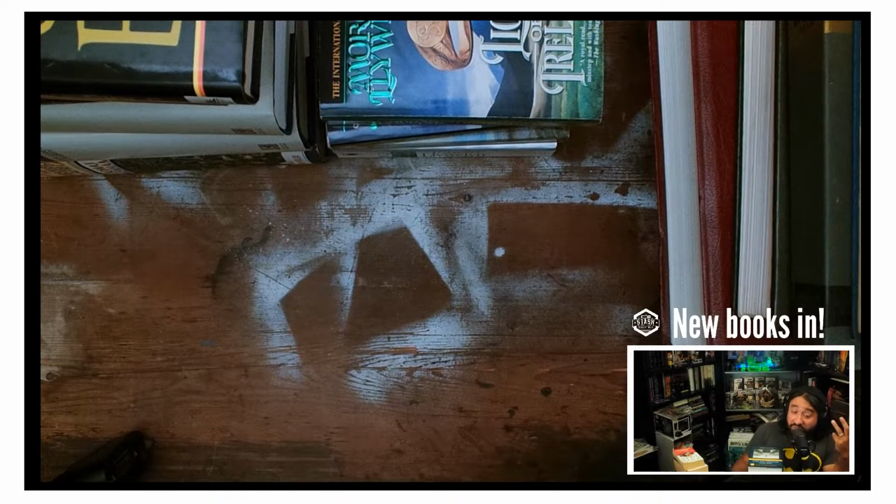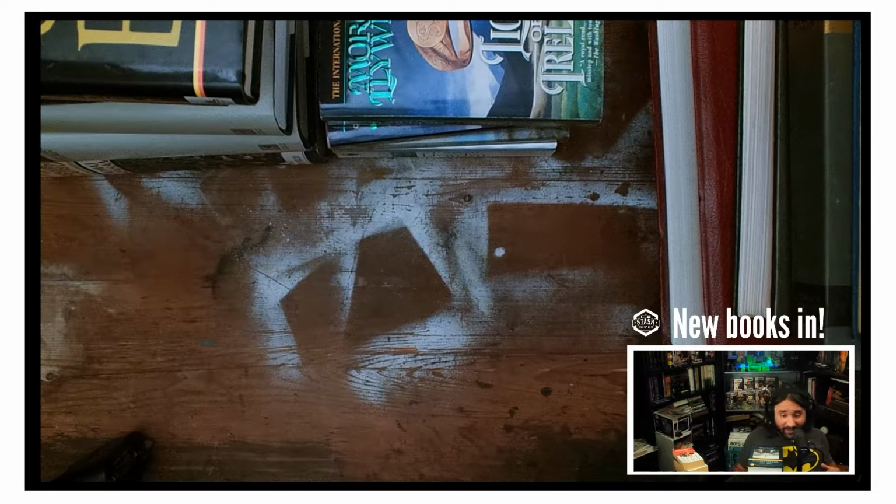And so I just figured this would be a fun way to spend 20 minutes going through it and see all the neat stuff, right as I see it and check it in. And so here we go. This is right before we photograph it. So I have seen these before, but